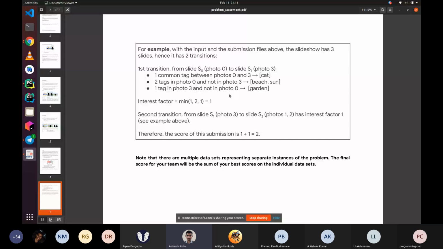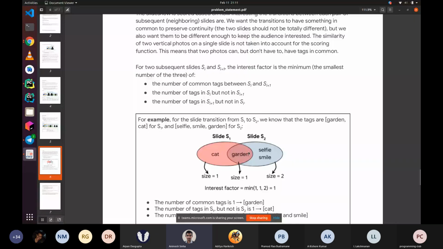So you have 1,000 slides. You are trying to maximize the sum of these objectives over 1 and 2, 2 and 3, 3 and 4, 4 and 5, and so on, only for a consecutive pair of slides. Got it. Thank you.